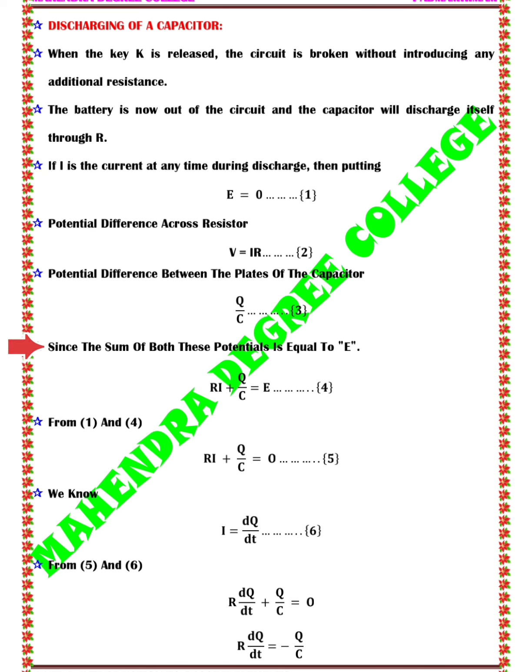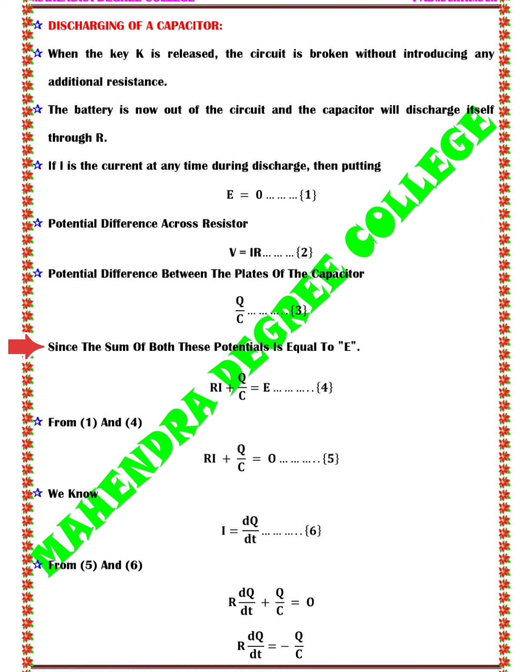Since the sum of both these potentials is equal to E, that is, Ri plus Q by C equals E. This is equation number 4. This equation represents the loop rule from Kirchhoff's laws for a simple RC circuit, meaning resistor and capacitor in series with a voltage source,